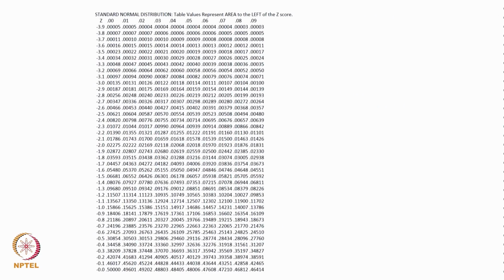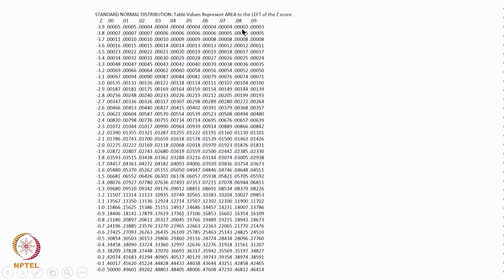I have just shown these two tables courtesy the internet. So, I acknowledge that, and these tables are available in open source, these tables are available in most statistics books and it is not difficult to get these tables. You will see a clutter of numbers and sometimes you will see a small picture which also tells you what this number represents. Now, in this table the picture is replaced by a sentence which is table values represent area to the left of the z score.